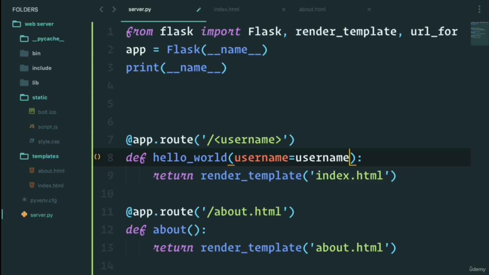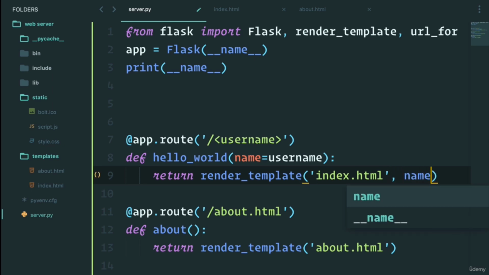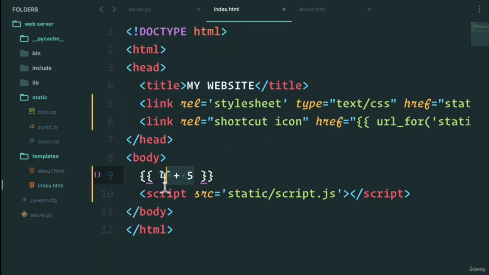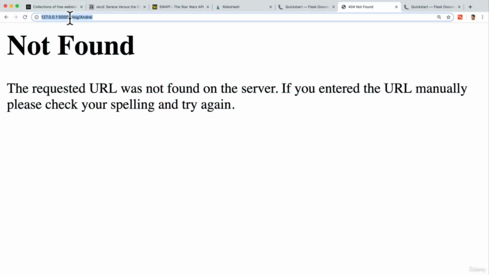So let's say username. And let's just change this to name just so you see what the differences are. So I'm passing whatever I receive here into the hello world name parameter. And now in my index.html, I can pass on this data by simply doing a second parameter and saying name equals to name. So now if I save this, go back to my index.html and put in name in here. And if I go back to our homepage,